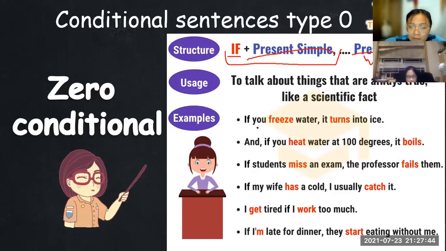Vậy thì lưu ý rằng với câu điều kiện loại không này, cả hai vế của nó chúng ta đều chia động từ ở thì hiện tại đơn và chia theo ngôi chủ ngữ của nó thôi, đúng không? Chủ ngữ số ít hay số nhiều thôi, được chưa? Vậy thì với dạng câu điều kiện loại không này, con có thắc mắc gì không nhỉ? No. Vậy thì dựa theo cấu trúc này, mệnh đề if đi với dạng hiện tại và mệnh đề chính cũng là dạng hiện tại. Mình đặt giúp cô một câu điều kiện loại không với cấu trúc này nào. Nếu như làm sao đó thì làm sao đó.